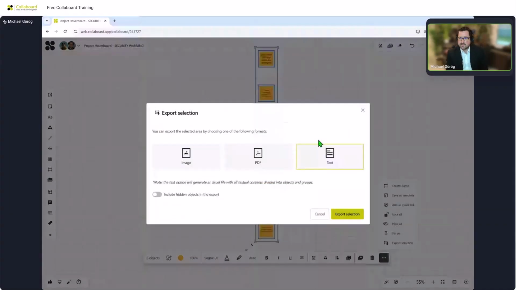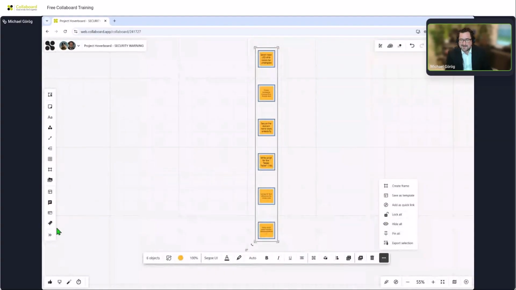And if we export it as text, then we get a CSV file with all that content. In case we started doing everything in Collaboard, and then we see that it needs to go into, let's say, the corporate project management system like Jira or whatever, then I can re-import this in Jira, and I don't have a lot of friction getting the data out of Collaboard. And in case you want to link Collaboard with Jira, you can also use the Jira integration, which is quite new and which we